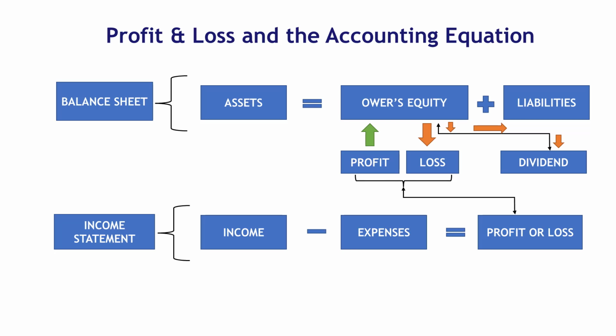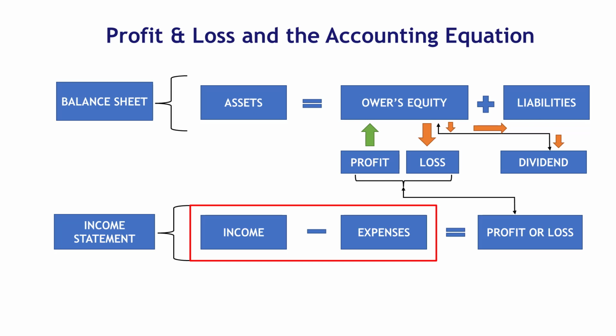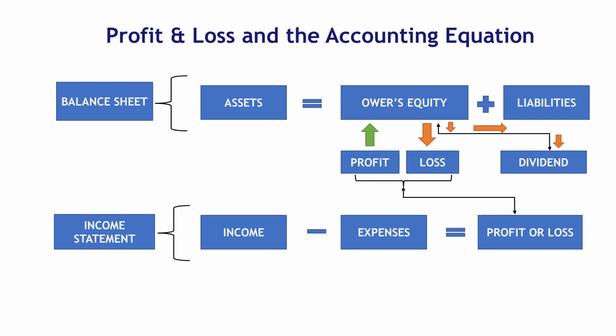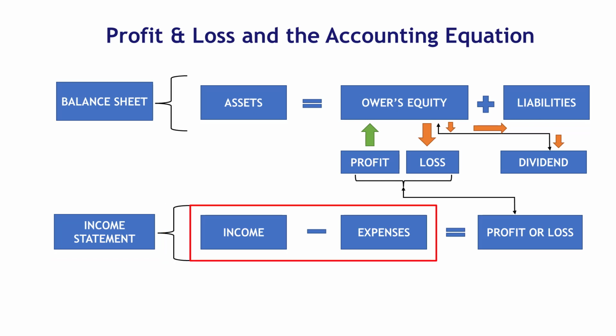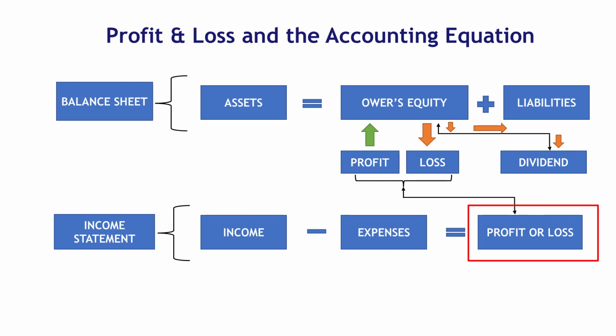In our previous lesson, we learned that profit is calculated by taking income and subtracting expenses. As we know, there is a final step in the accounting cycle, which is the closing off of accounts or closing entries, which is done at the end of each year along with the production of the financial statements. This involves closing out temporary accounts, incomes and expenses, and transferring their balances through a profit account into the owner's